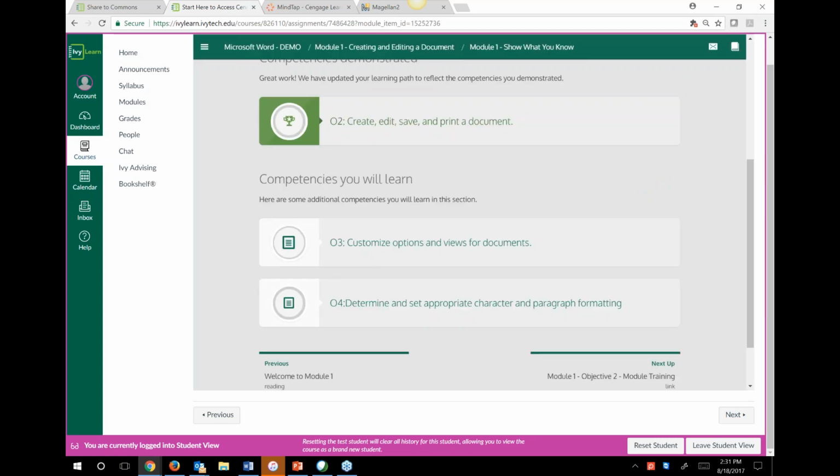And so based upon how I did, you can see it gave me this little green trophy right here. It says, great, you seem to have demonstrated competencies and some basic knowledge about saving and editing and creating and printing documents. But here's some things that you may want to go in and review. All right, so if I wanted to go in to review these Objective 3 materials,